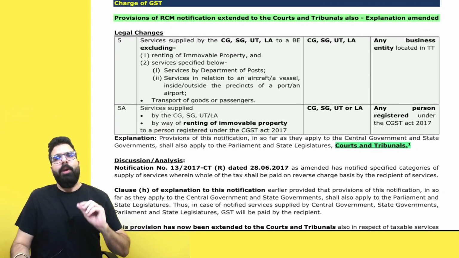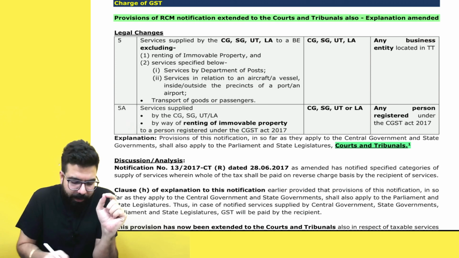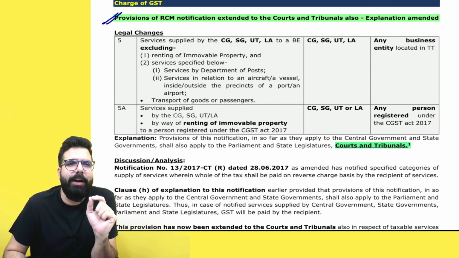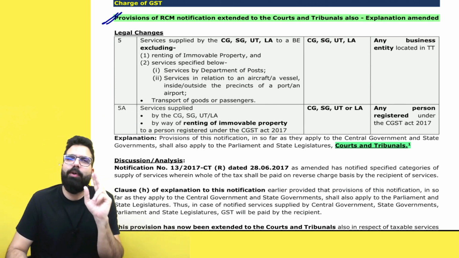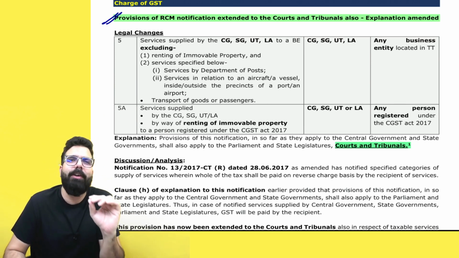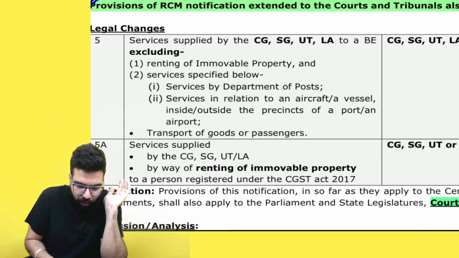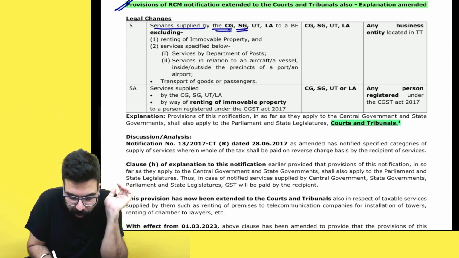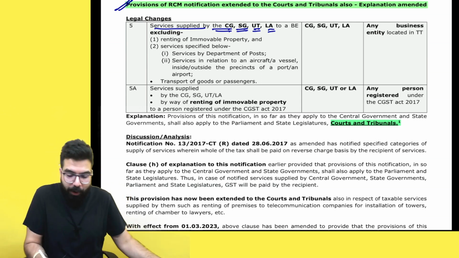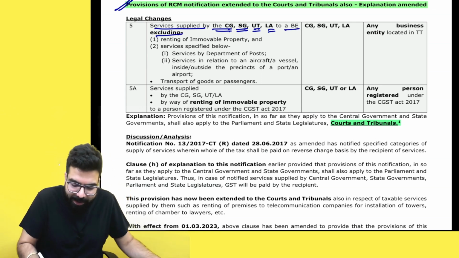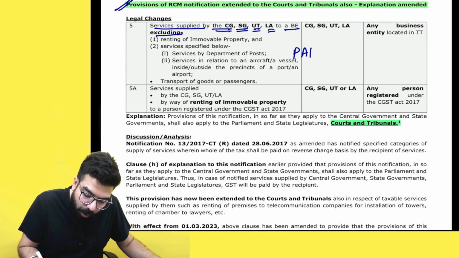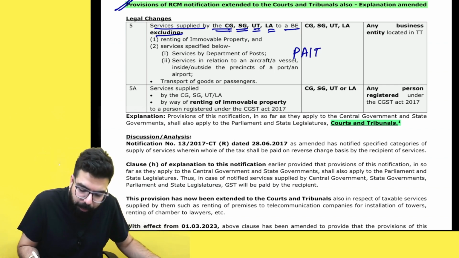Okay, the first amendment. Listen to me very carefully. I hope you guys recall that in the chapter of charge of GST, section number 9(3) was there, which used to talk about reverse charge mechanism. Now, reverse charge mechanism was there in respect of government services. Whenever government used to give services, so services supplied by the central government, state government, union territory, local authority to a business entity other than post, airport or port related service, immovable property related service, and transportation of goods or